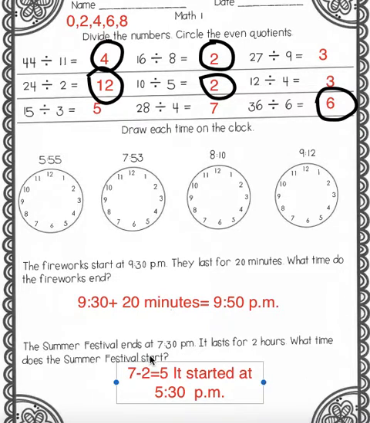So again, this is the time it ended. It started 2 hours before that. So we need to take the hour and this time, 7, subtract the 2 because it started 2 hours before, which would be 5, which means it started at